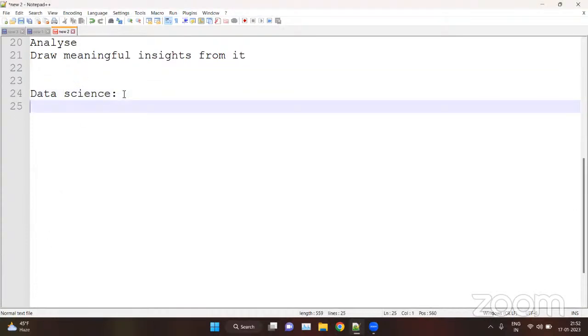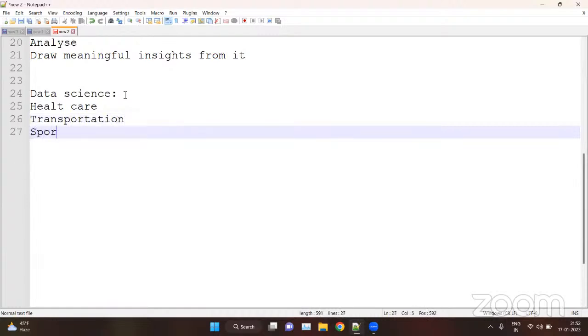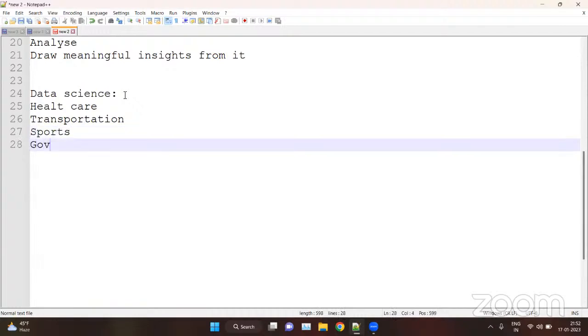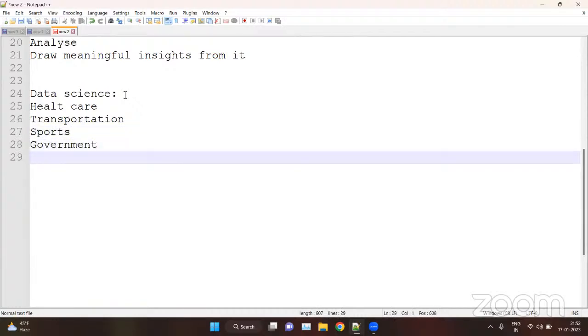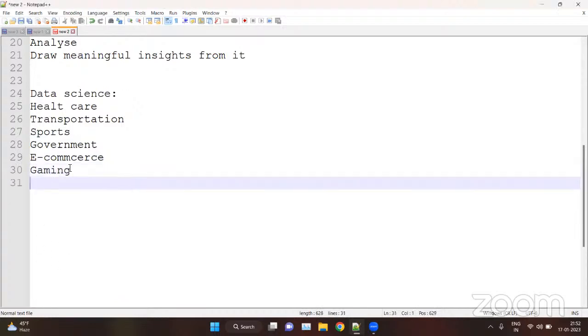So where can we use data science? We can use data science in healthcare, in transportation, in sports, in government sectors, in e-commerce sites, in gaming.